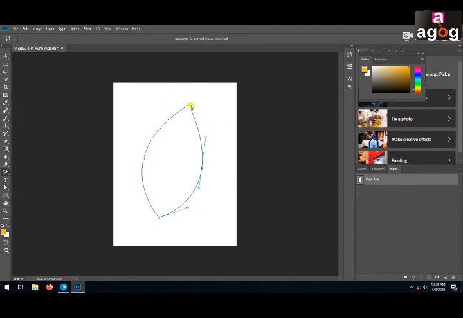Now if you want to move these paths, these 2 paths connected with 1, 2, 3 and 4 anchor points, if you want to customize, again you have to choose the Direct Selection tool. You can move it, you can change the Bezier handles, change the tangents of your paths. Now if you change this handle, you can see both handles working symmetrically with each other. So if you want to move only a single handle, you need to press the Alt key, just like Illustrator.